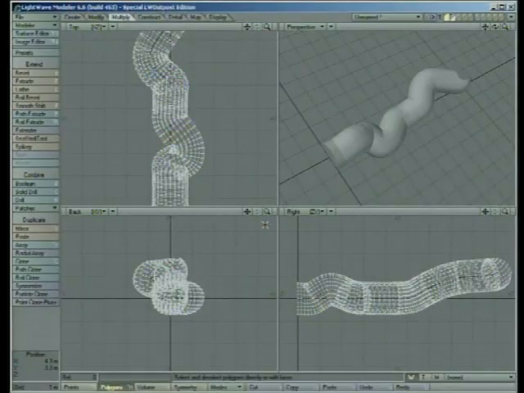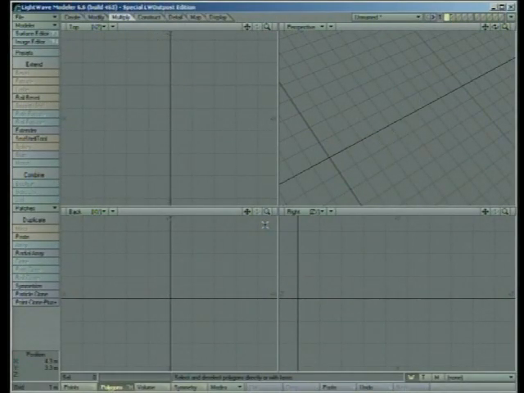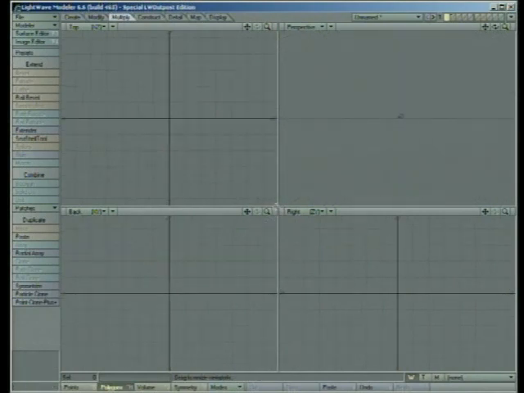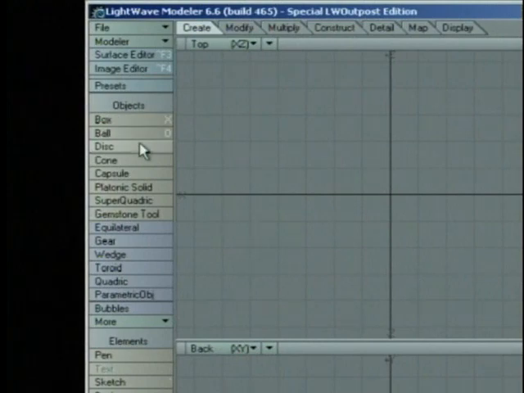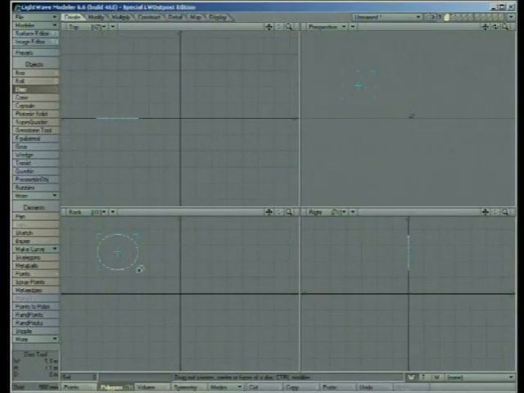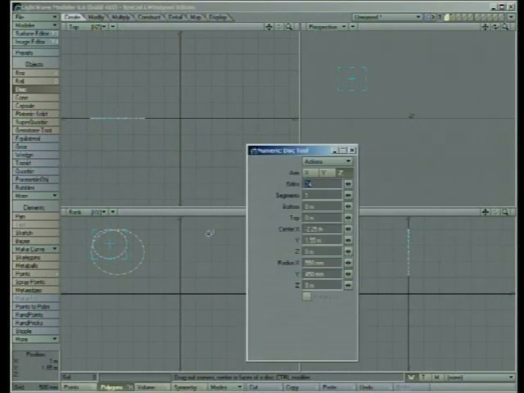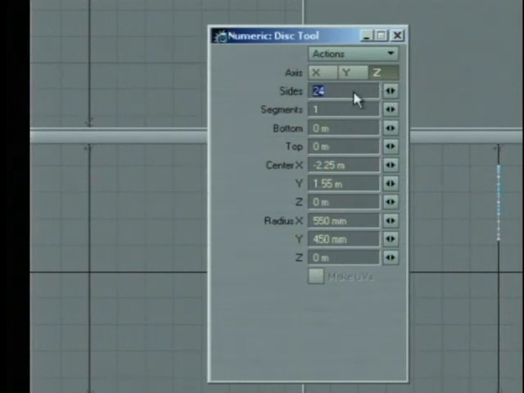We'll look at the skin tool and the morph tool. Alright, so let's get rid of this. Don't need that anymore, so I'm just going to be working in layer 1. I'm going to go ahead and create a couple of disk objects here. Okay, I'm going to create one more disk. I'm going to make this disk have a different number of segments, so I'm going to go into numeric and drag the number of sides down so it's a little coarser than the original,